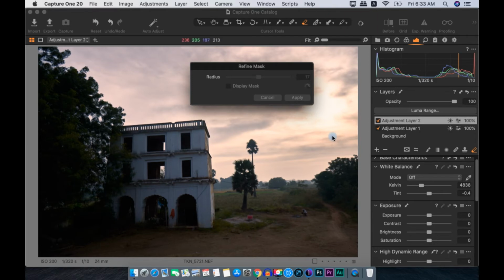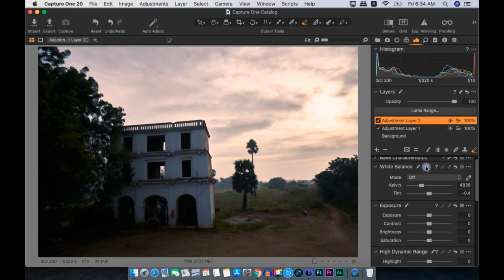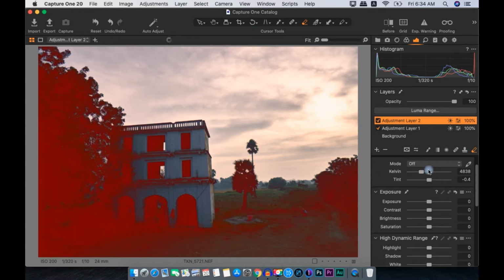After every time you make any selection to the mask or any changes, it is always a good idea to give a little bit of refinement, so it smoothens the edges and takes care of any sharp lines or sharp halos. So when you apply the settings, it will merge very nicely and seamlessly with the surrounding areas. This process can sometimes take a little bit of time depending on the areas selected.